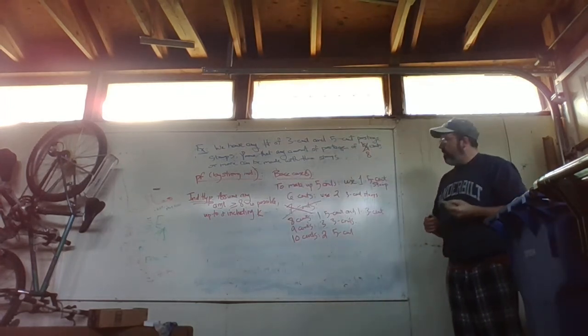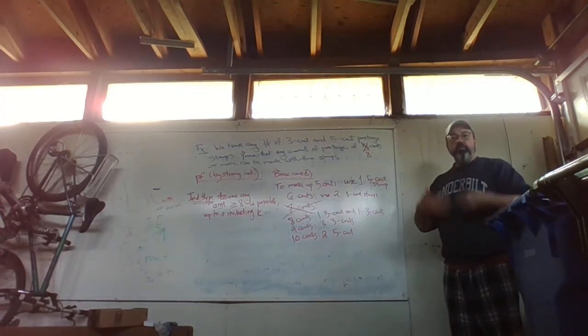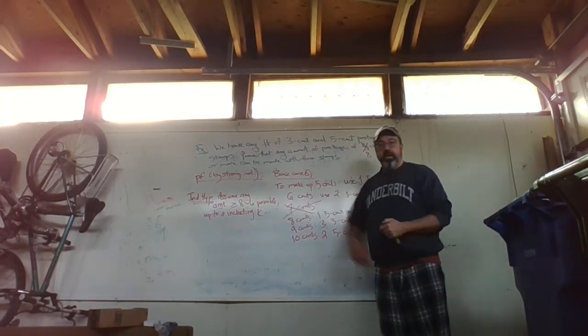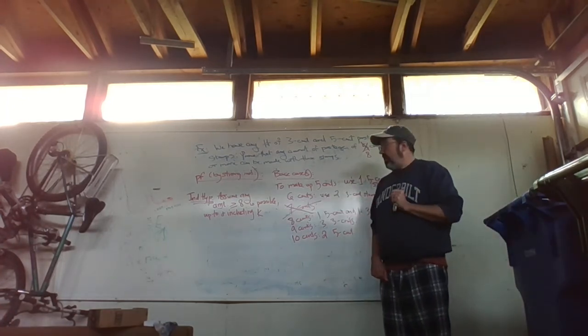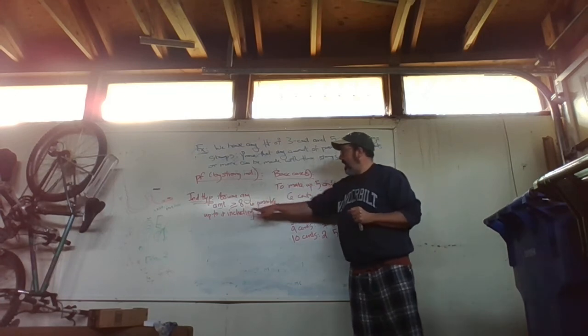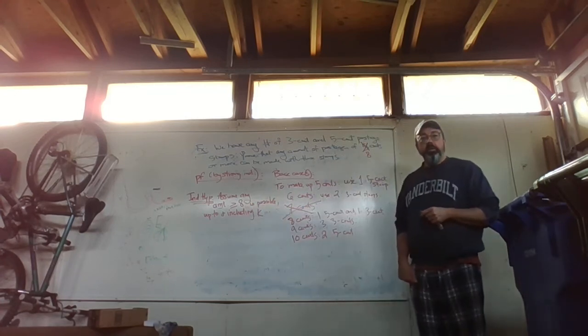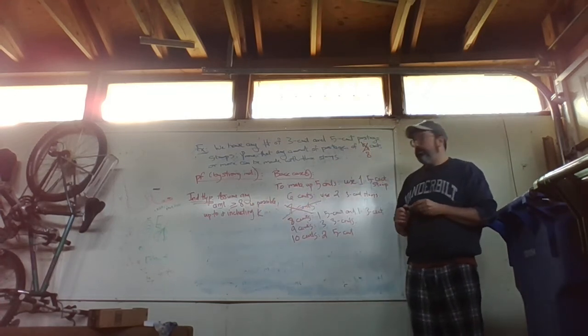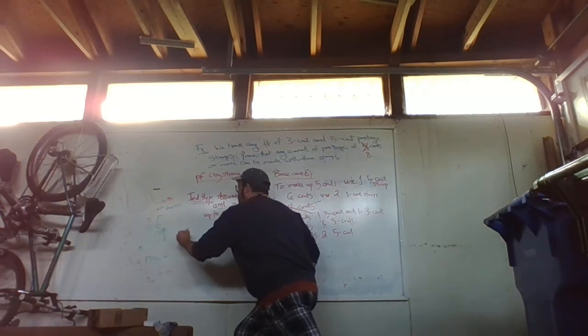Just like we did in the previous example, we are going to assume we can do it up to and including some value k. What I mean by this is any value between 8 and k is obtainable using 3 and 5 cent postage stamps. So now for the inductive step,